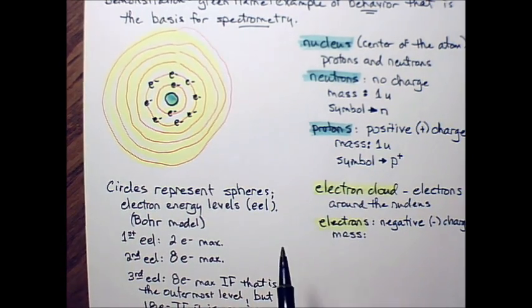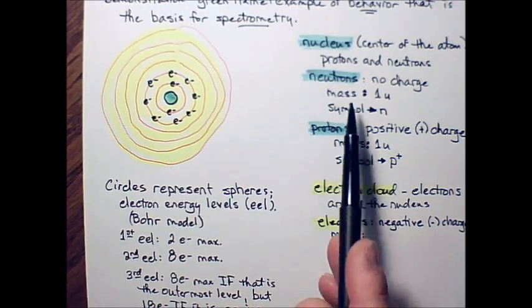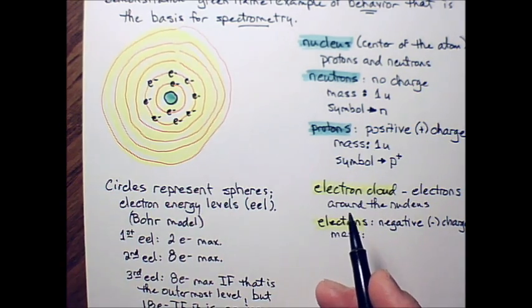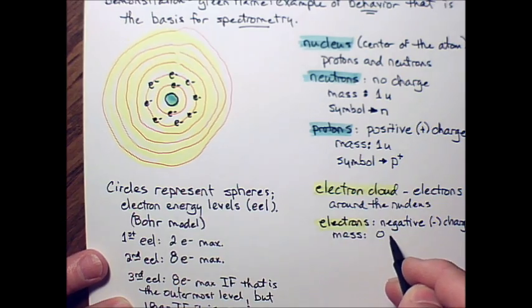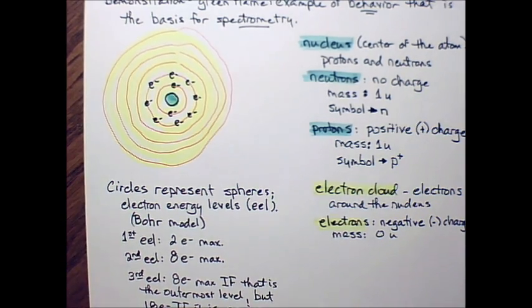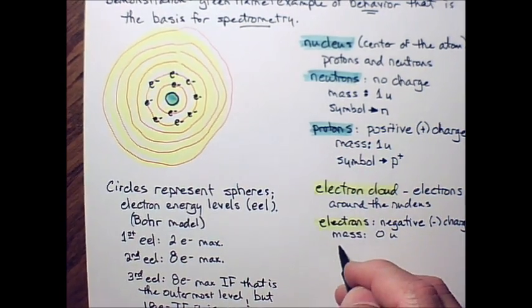Well, the mass of an electron is so small compared to that of a proton and a neutron, we kind of ignore it. It actually weighs something on the order of 2,000 times smaller. So we're going to say, even though it's not true, because it is so small, that its mass is 0 u. We could say it's 0.00028 u, but we can ignore that. It's so small. Got it? All right. It has a negative charge then. It has a mass of 0 u, and its symbol,